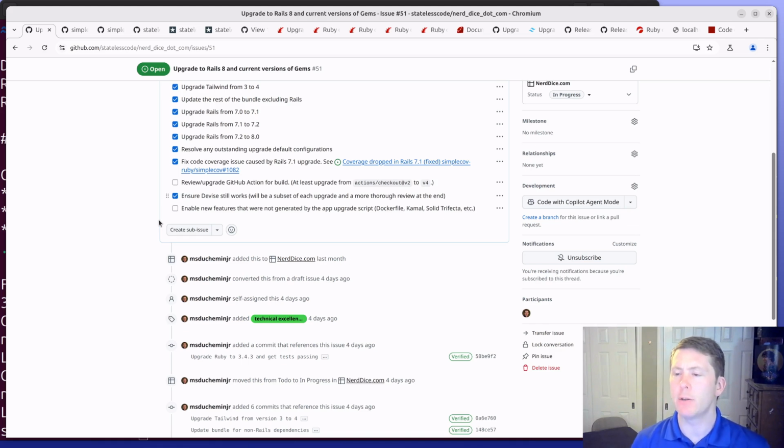And then the final checkbox might wind up being more than one video. So we want to enable Propshaft and add the Dockerfile and Kamal and Solid Queue, Solid Cable, Solid Cache, and make sure that we're running with kind of the